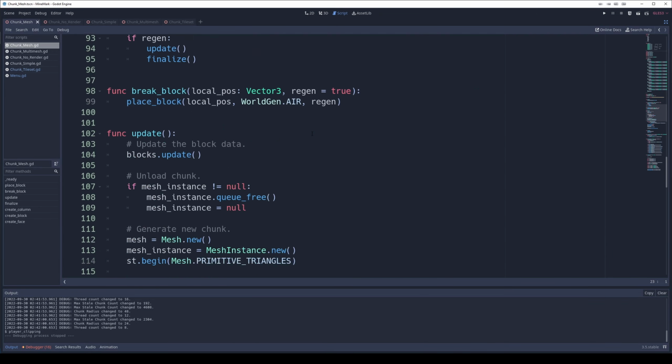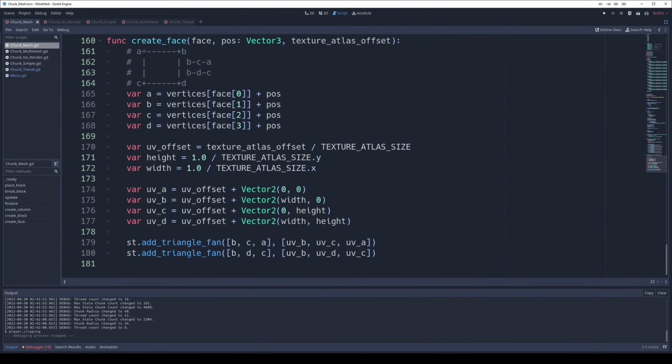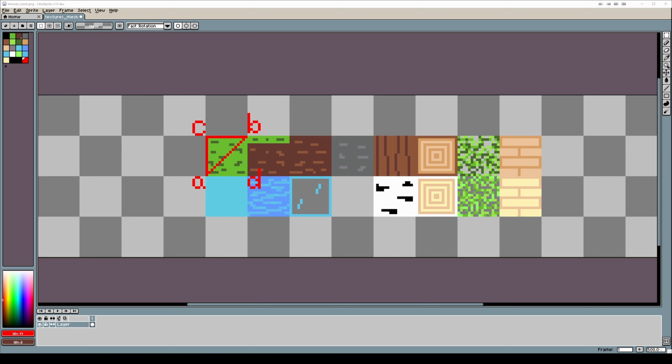So we pass that in down here to a create face function. Here's the same stuff, and we are getting those positions. So the vertices here, this is just an array that contains that data, and you will add that to the physical location of the cube, and you will create a mesh here. Another thing is the UV coordinates. These come from the texture. The four corners are going to be four corners here. So if you are making, for example, the top of a grass texture, your BAC are going to be here,